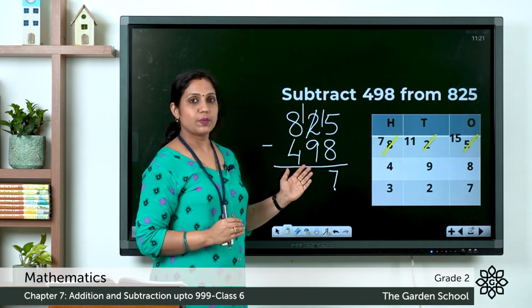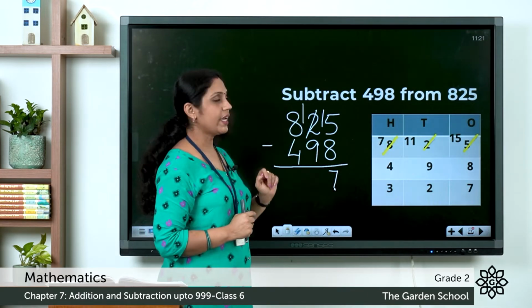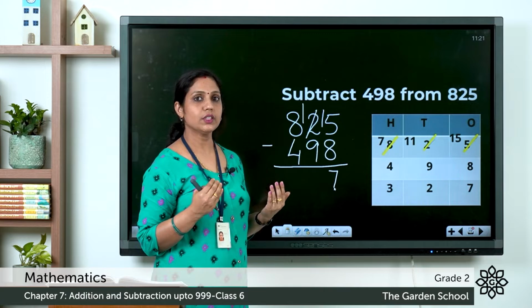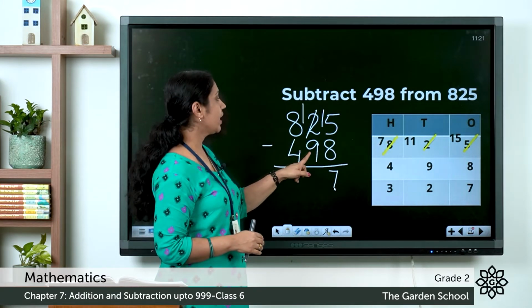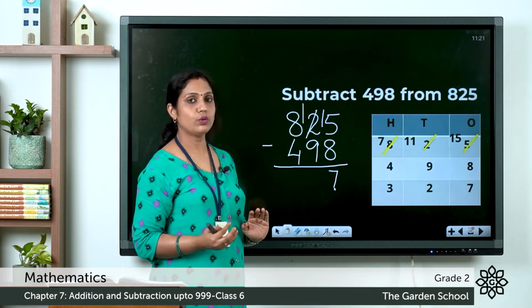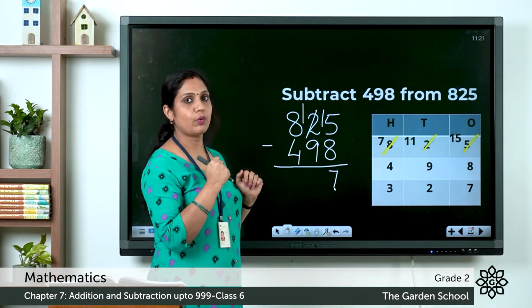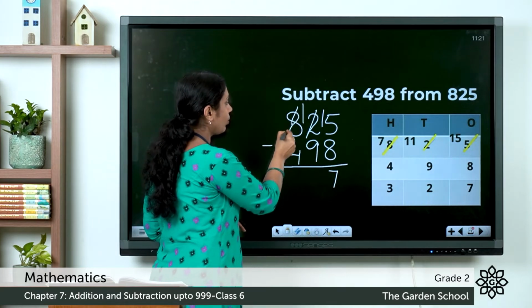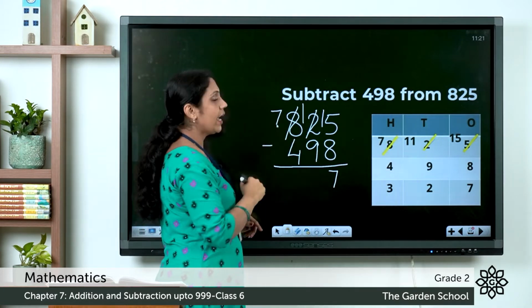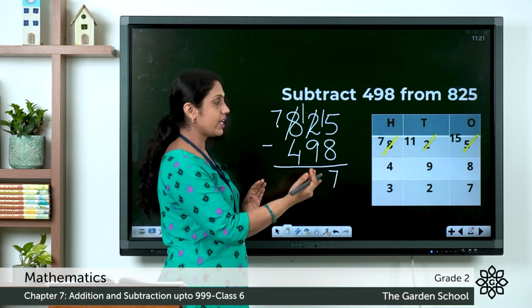So here in the tens place we have 1 minus 9. So which is greater? 9 is greater. So we are not able to subtract 9 from 1. Now what we have to do? We'll go to the hundreds place and borrow from there. In the hundreds place we have 8. So when we borrow it becomes 7 here and the one which we borrowed will take to the tens place